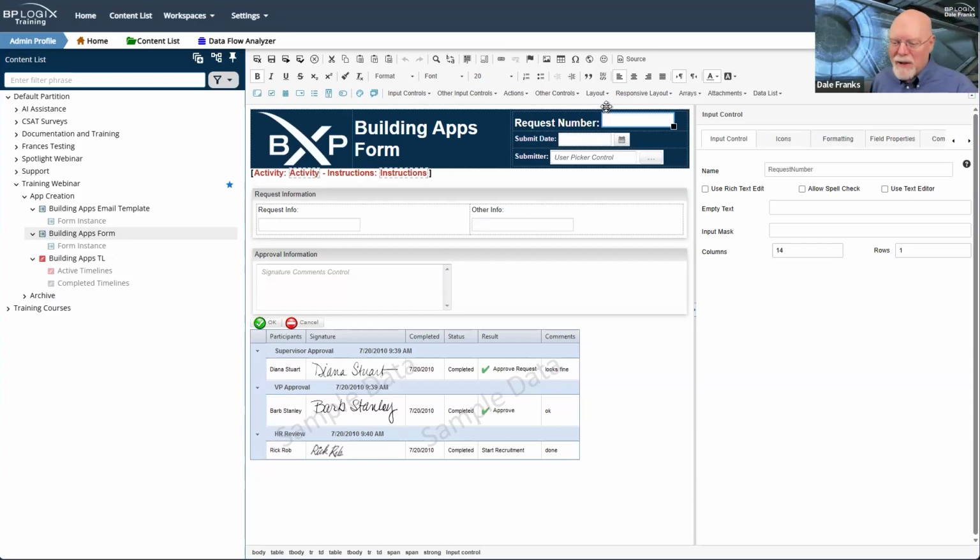So that means if this was the very first time anybody ever tried to submit a form, they opened it up, the request number was 1, they said, I don't want to deal with this right now, I'll do it later, and they close the form, then the next person who opens it up will get request number 2. And if they don't submit, request number 3. I mean, request number 10 might be the very first request that ever gets submitted. That's not optional. So what we want to do is ensure that before we assign a request number, we actually have a running process that requires a request number.